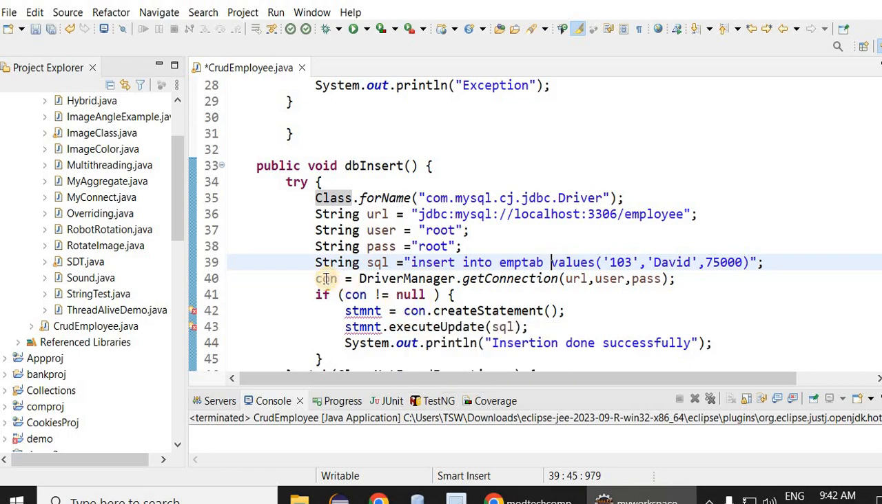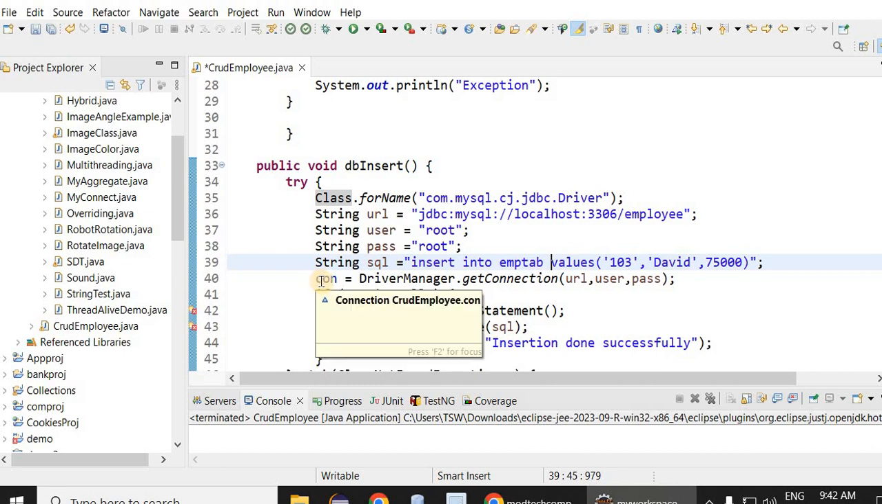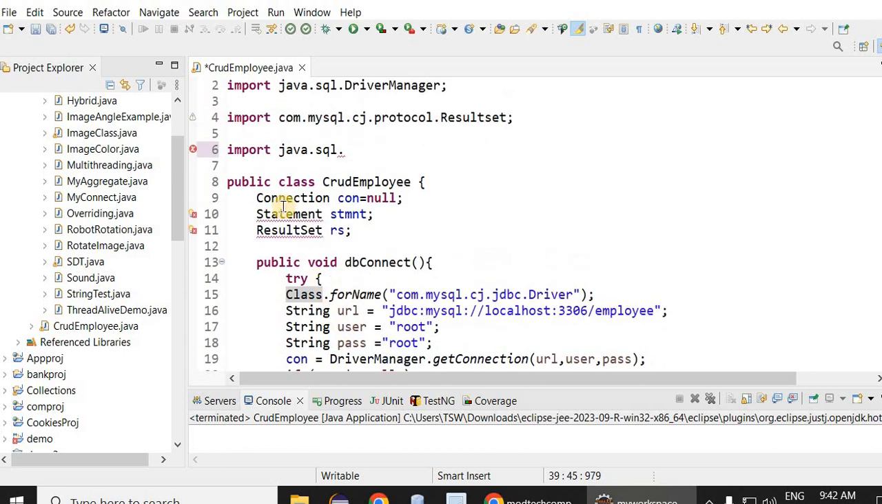For this connection, firstly you got registered with the driver, I mean com.mysql.cj.jdbc.Driver. Once you have got connected, now you will use a driver manager to get the connection with this driver. So what will we use? We will use con. What is con? Con is a connection class object. This is an object of the connection class, and that has been set to null in the very beginning, and then we have created another object,